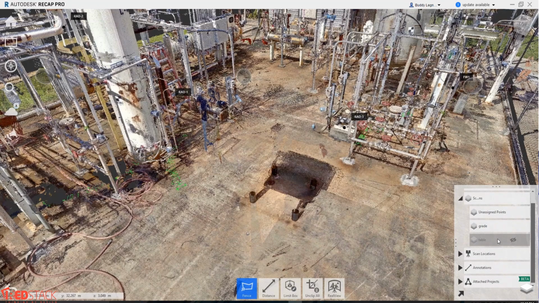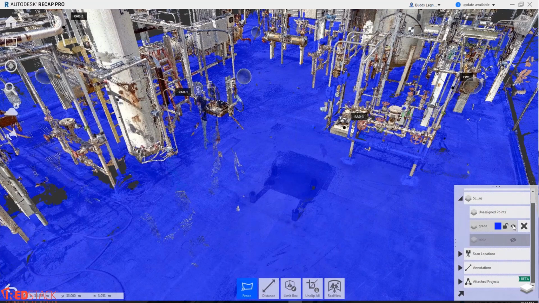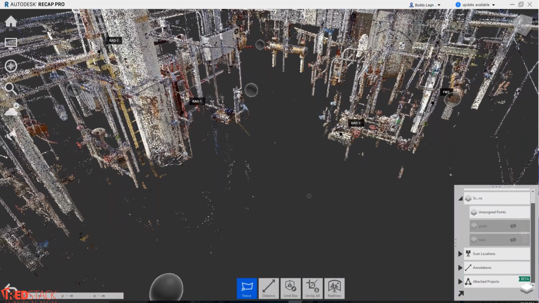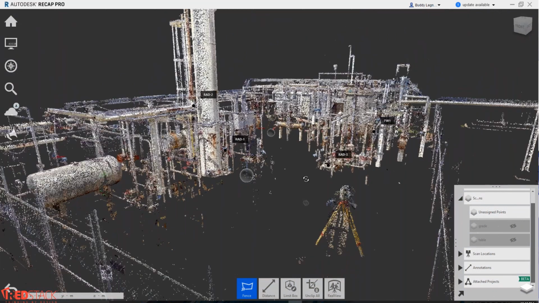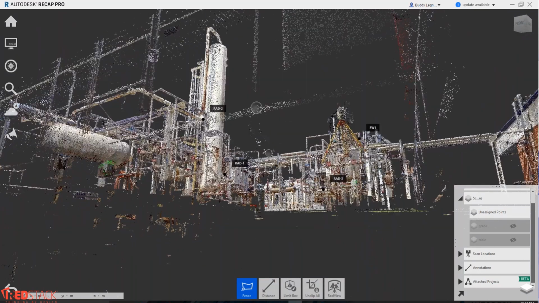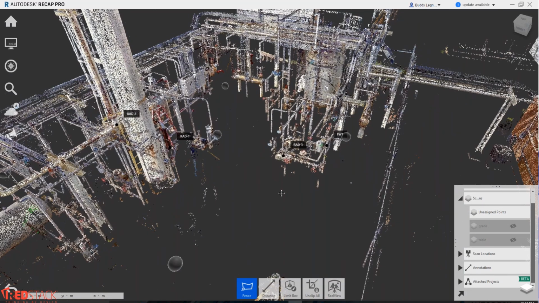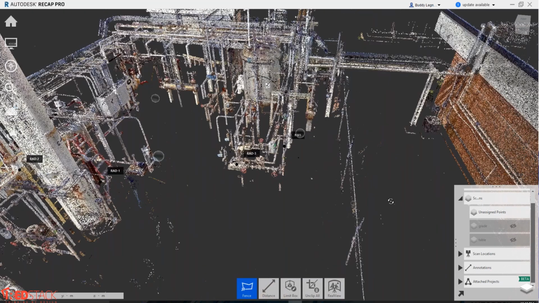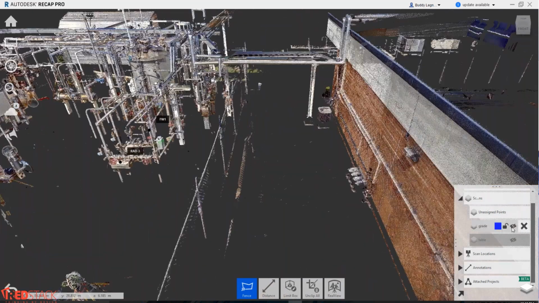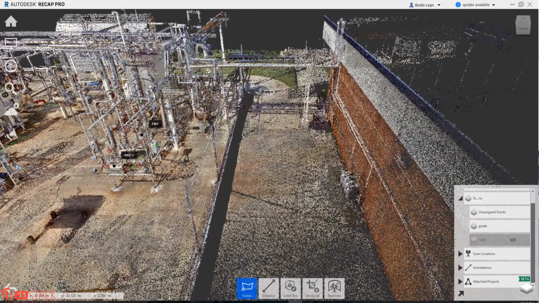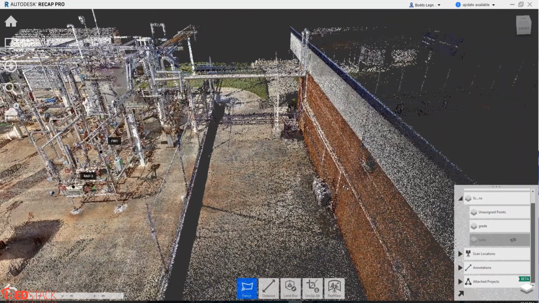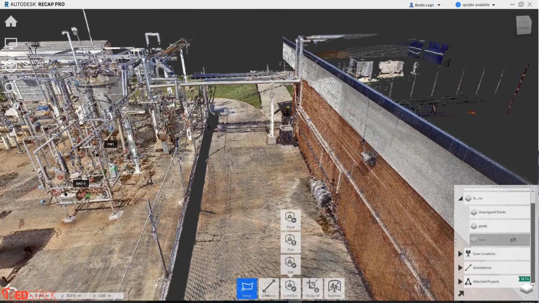Before, I went ahead and created a region called floor and made it blue, and I can turn that off. A bit spooky now with no floor, but it just shows you what you can do. I can turn that on and off anytime. So it's a really cool way of selecting objects and turning those objects on and off for clarity or design purposes. So what I'll do now is create a new scan region, and